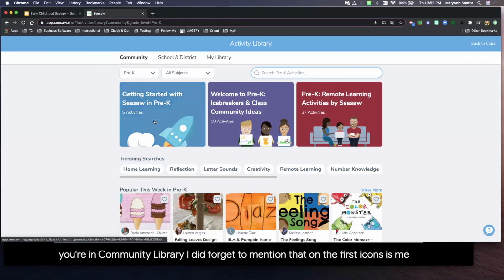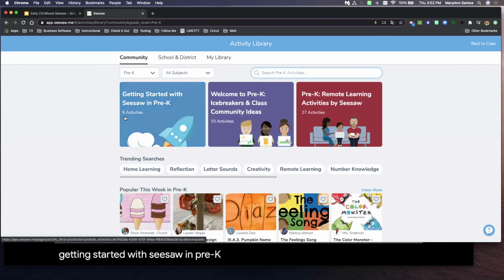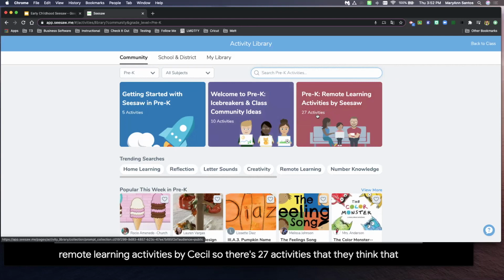It gives me getting started with Seesaw in pre-K, some 5 activities that you can start using. Also, there are some welcome to pre-K icebreakers and class community ideas. There's 10 activity ideas that Seesaw recommends for you. And also pre-K remote learning activities by Seesaw. So there's 27 activities that Seesaw has approved, that you can use and are ready to